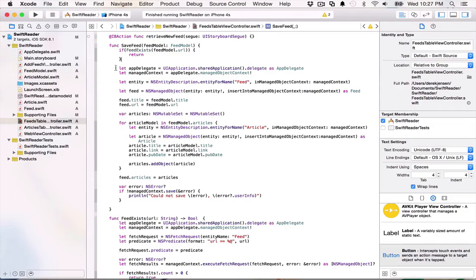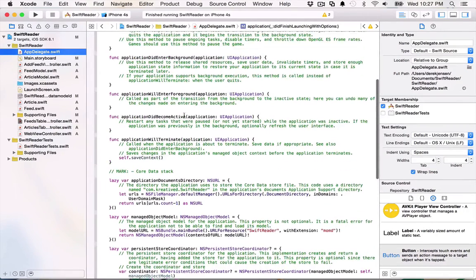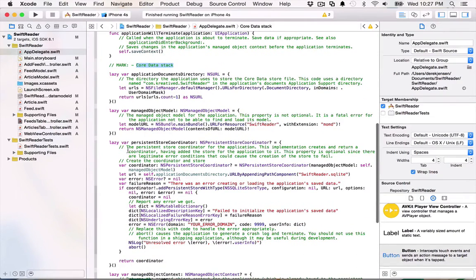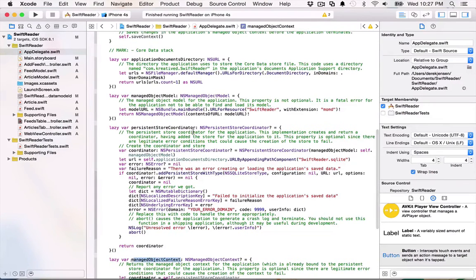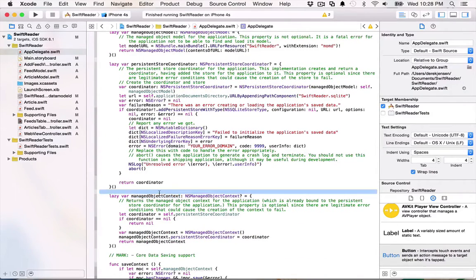Now, if you recall in a previous lesson, I pointed you into the app delegate, and you saw all this extra code down at the bottom about the Core Data stack, dealing with the directory, the managed object model, the persistent store coordinator, and the managed object context. Now, you can definitely pick through here and see how these things work. I'm not really too concerned about it for this lesson, since we're just looking to get the basics down. But one of the most important parts that you're going to be interacting with throughout this application is the managed